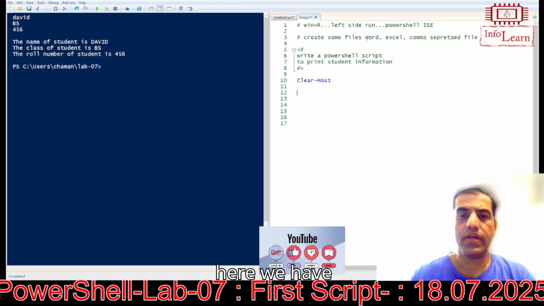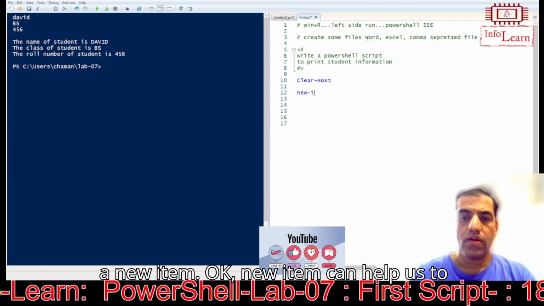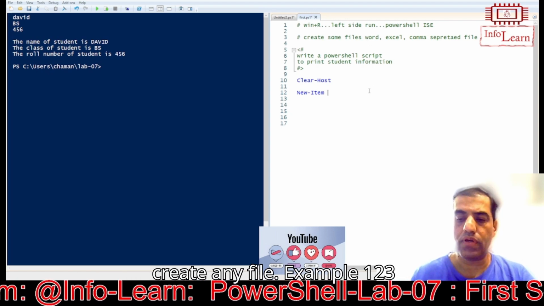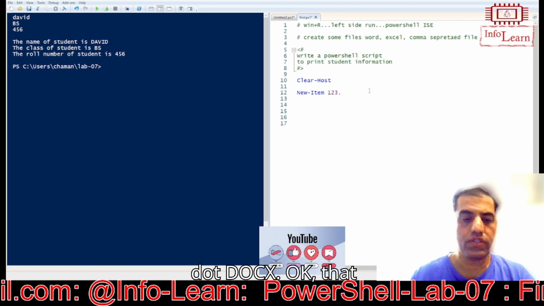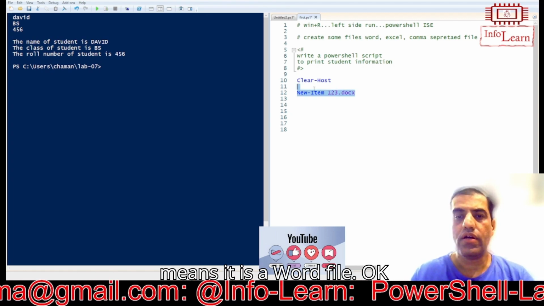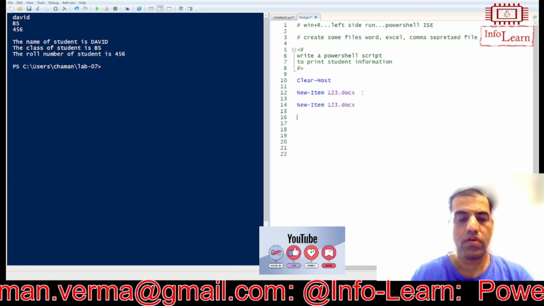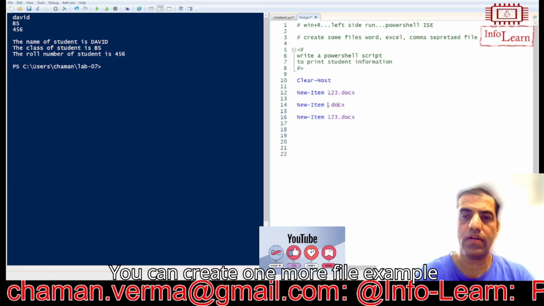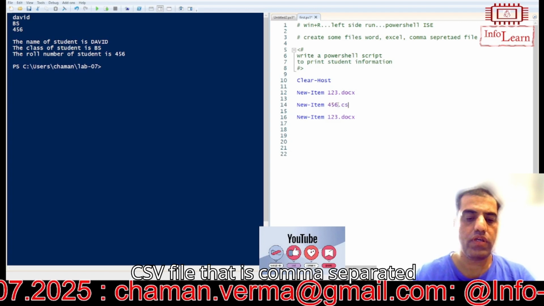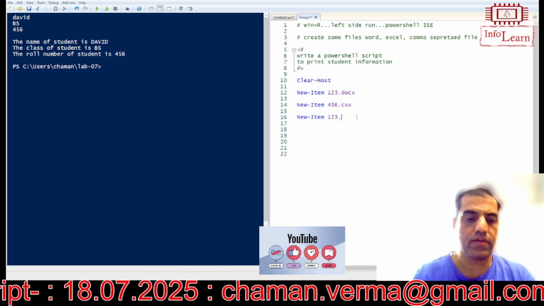So here we have a new item. Okay, new item can help us to create any file. Example 123.docx. Okay, that means it is a Word file. Okay, and here you can create one more file. Example 456 CSV file, that is comma separated file, and